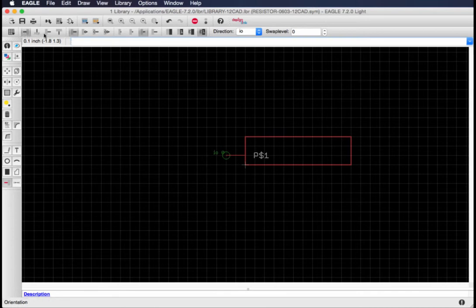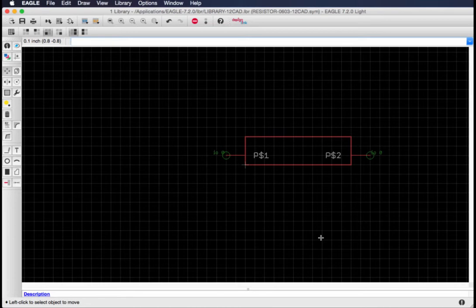You have some options. The orientation of this can be changed. So I will rotate by 180 degrees, and you can see it has rotated, and I will click and add it to the other side. Once you're done, you can remove that. And you can see we have created the two pins, two leads, and we've created the